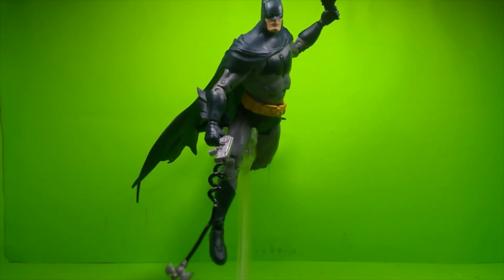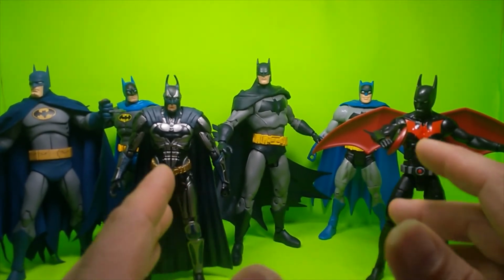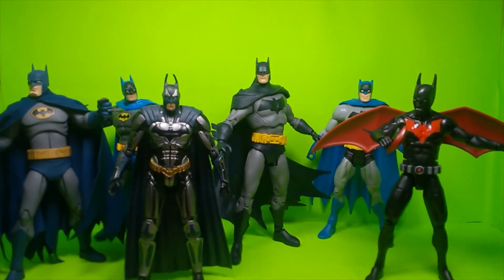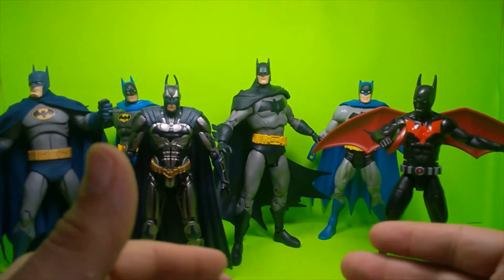So now, as you can see here, this is him next to some of the Batmans I have. I also have the Michael Keaton NECA one, the Adam West TV series one, Christian Bale, and Val Kilmer. I have all those so far. I'm only missing George Clooney, which I hope they do as well. And as you can see, these are entries from different companies, but we'll start off with, real quick, a closer look at